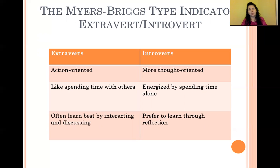Or you're the kind of person who likes to go out and be really active in clubs and in groups and all that, right? So this would really determine whether you're an extrovert or an introvert. Where do you focus your energy? Is your energy on engaging with other people, or is your energy on focusing on information within you,